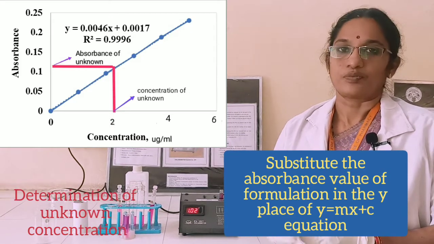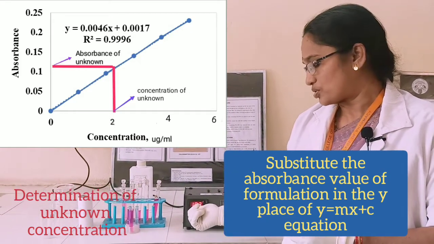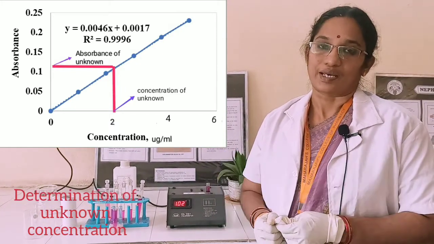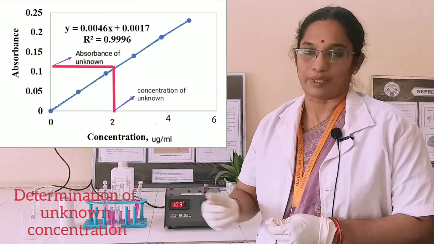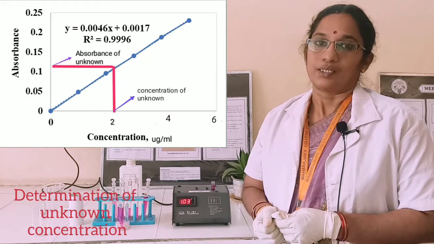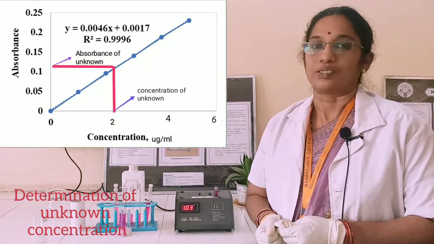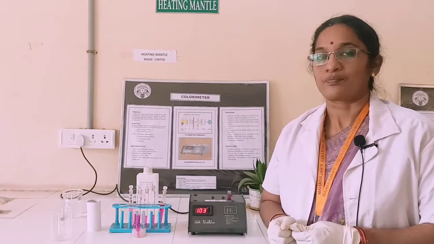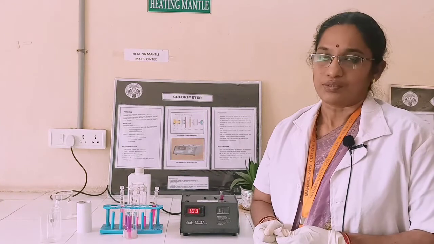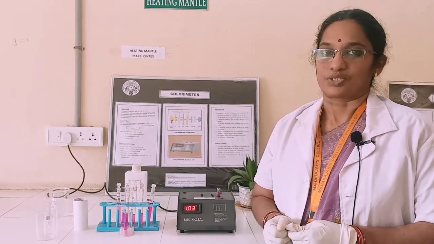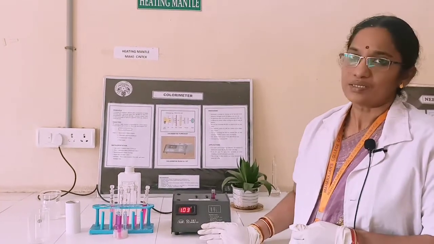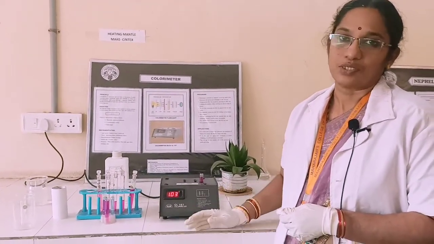Or a very simple method is, this unknown absorbance, or absorbance of our commercial sample, we can locate it in the graph that is manually drawn with a paper and pencil, and then from the graph itself we can locate the concentration of the commercial formulation from the x-axis. These are the two simple methods for finding out the unknown concentration or the concentration of drug in the commercial formulation. So this is how, by using colorimeter, we can analyze samples or colored solutions.